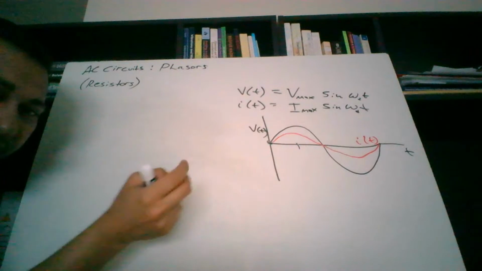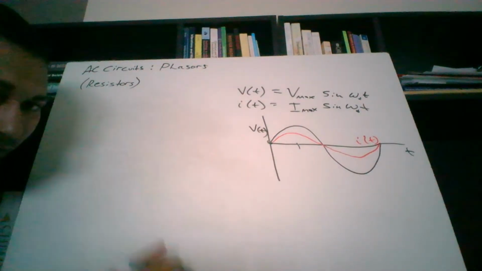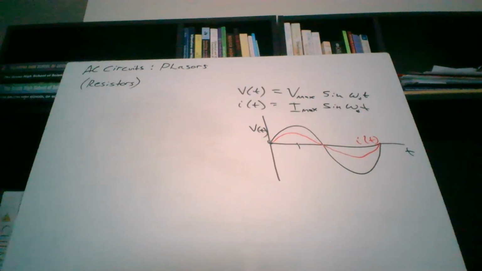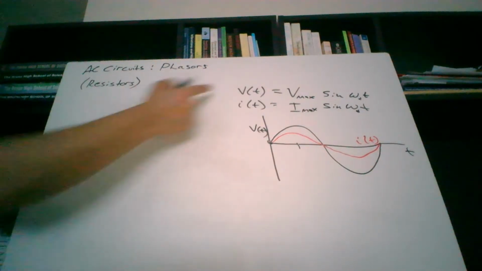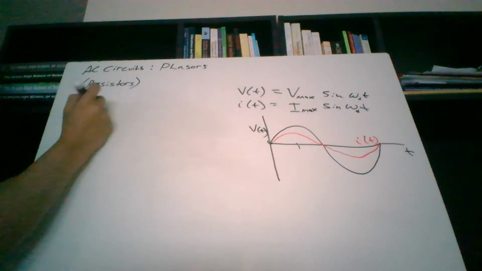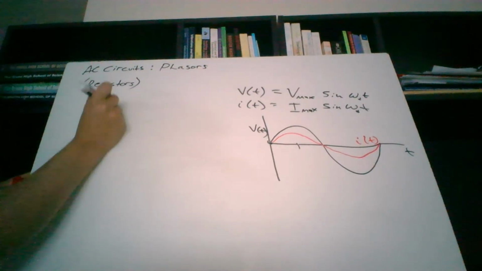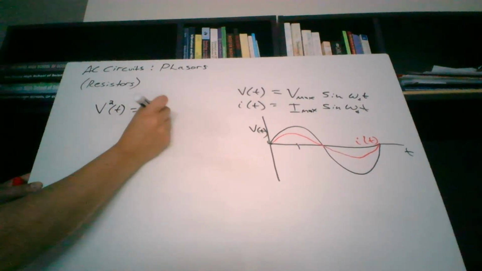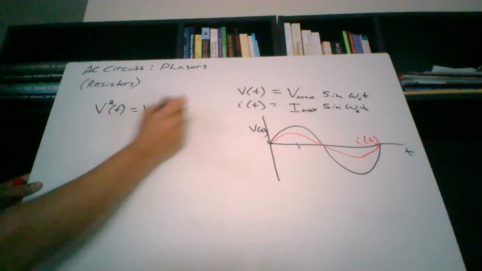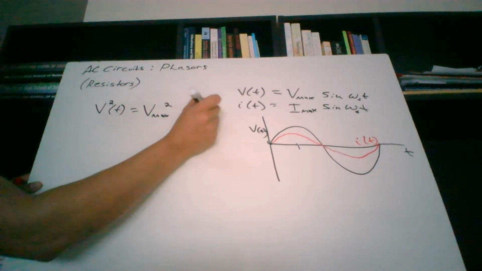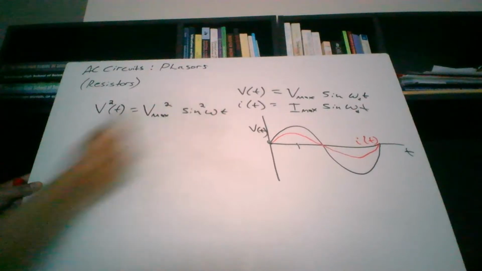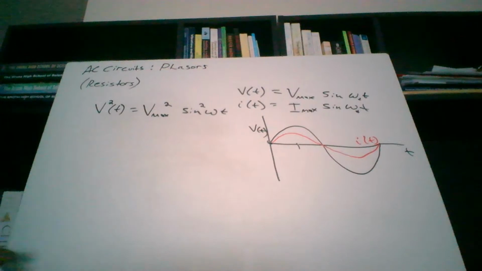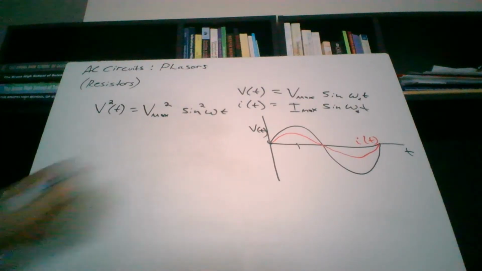So instead, we have another type of average voltage that we'll look at. Let's take this voltage, right? And what I'm going to do is square it. So I'm going to get voltage squared as a function of t will equal V max squared sine of omega t squared. So if that is my function, if I square this term and I plot it